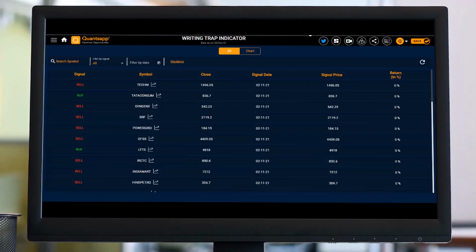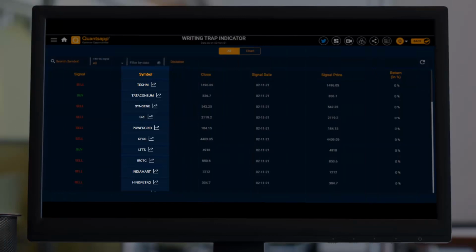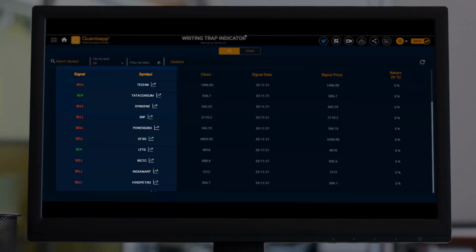It is a proprietary algorithm which generates signals, either a buy or a sell signal, based on the option writers' data and also open interest, volumes, and IVs involved along with it. So it is a proprietary recipe. There is an algorithm which has been set up wherein it generates a signal for us whenever a certain set of parameters have been matched. Once we enter the tool, we will directly get to see all the stocks for which the signal is open, whether on the buy side or on the sell side.